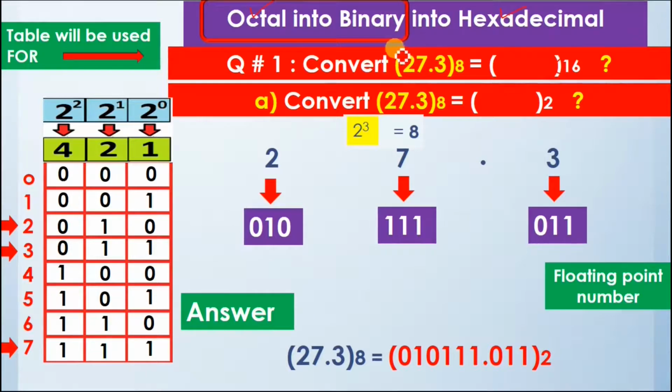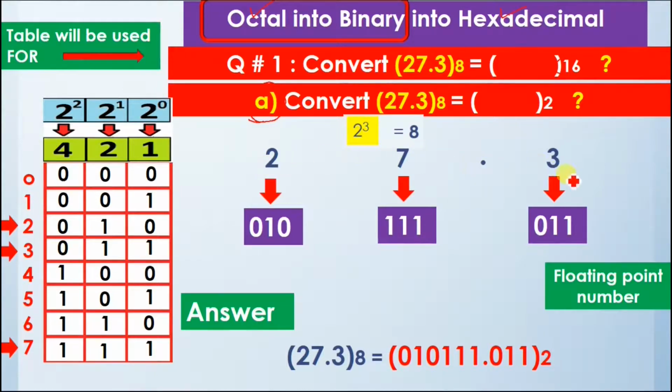Now we know that octal into hexadecimal conversion is not direct. So first of all, we will convert octal into binary on this slide, and in the next slide, we will convert binary into hexadecimal. So this is part A, and in that we are going to convert the octal number into binary. So here we have the number